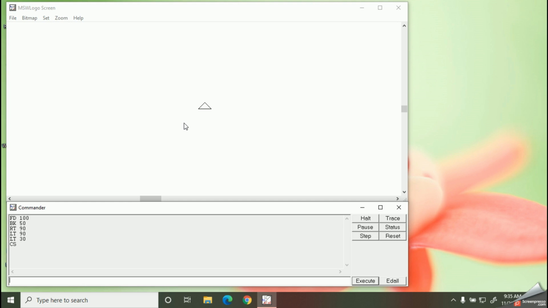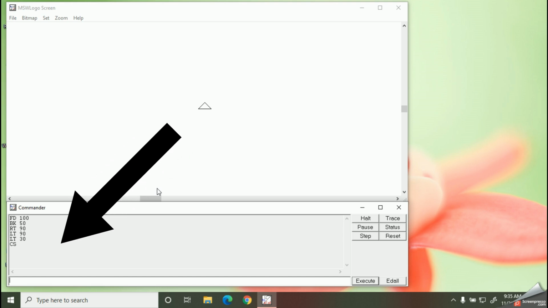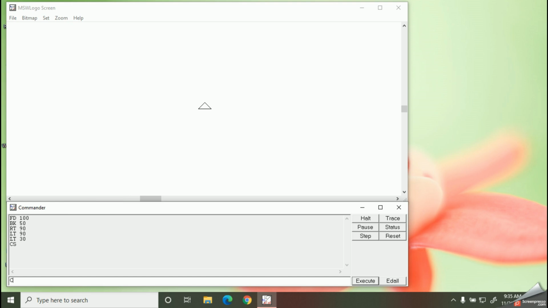Okay, now can you see your recall list? Here see, now the recall list is full of commands. We can clear this. You can use the CT command when clearing your recall list. Okay, so I am going to clear this by typing CT. Alright, now you can hit the enter button. Okay, so now my screen as well as the recall list has been cleared.